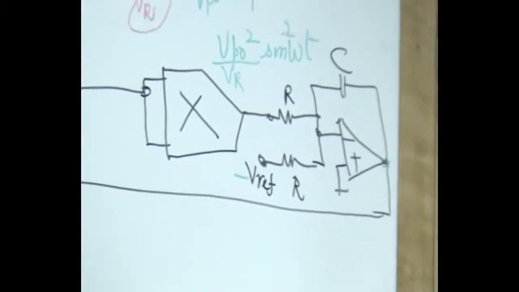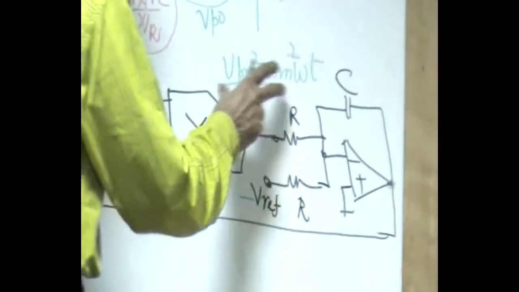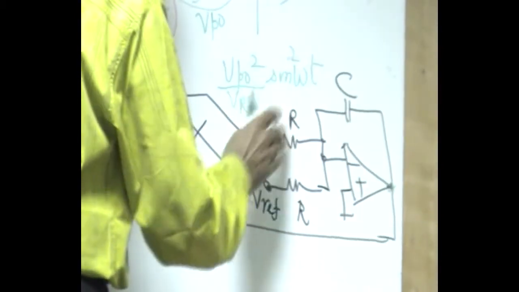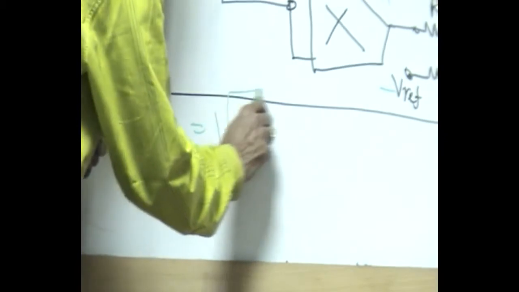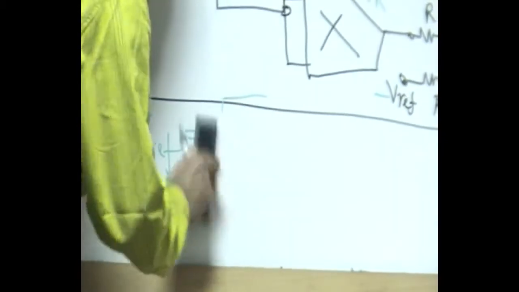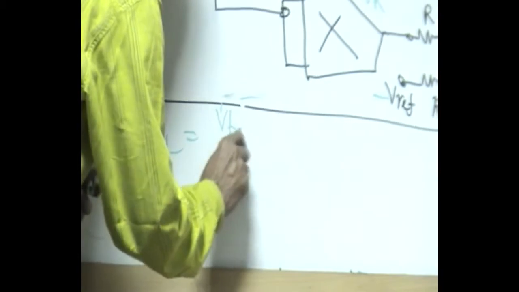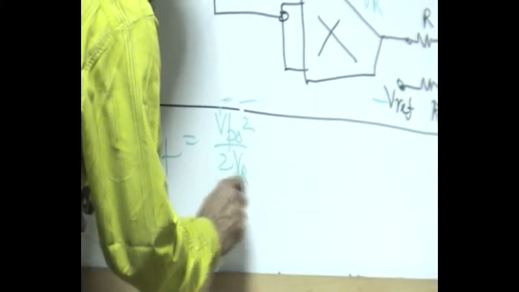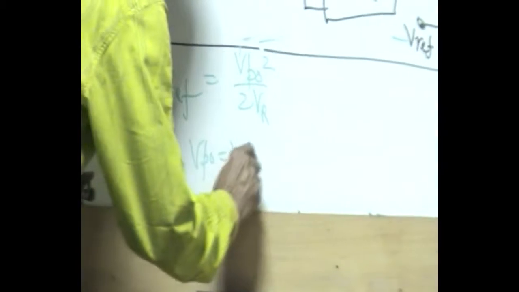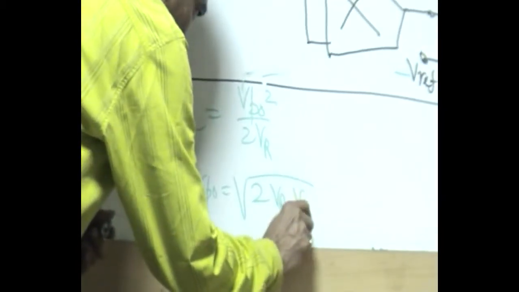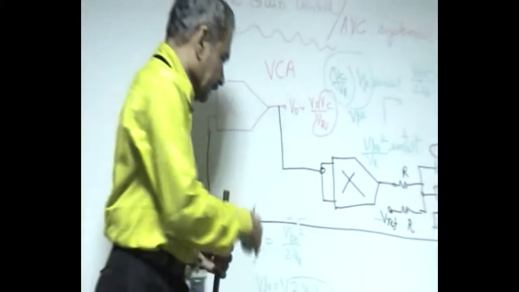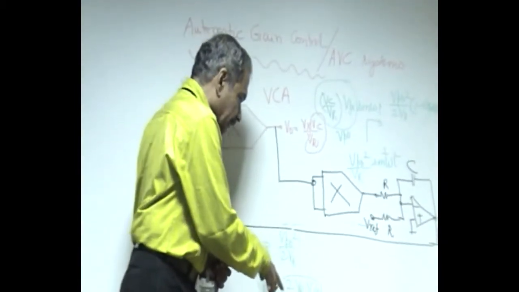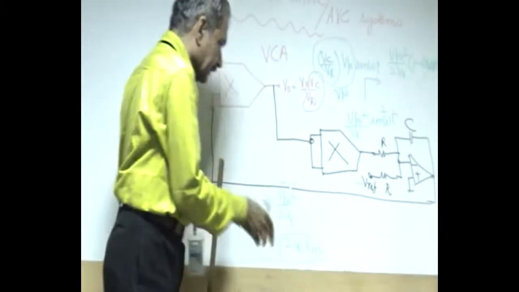So now we want this output amplitude to become equal to V reference, so V reference becomes equal to Vpo square by 2Vr, or Vpo becomes square root of 2Vr times V reference. That means Vpo remains constant, at a value of square root of 2Vr by V reference, by this arrangement,